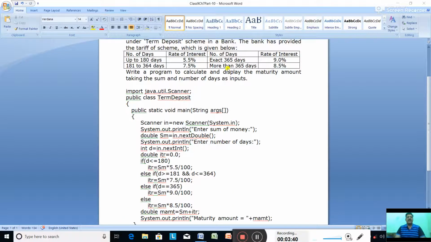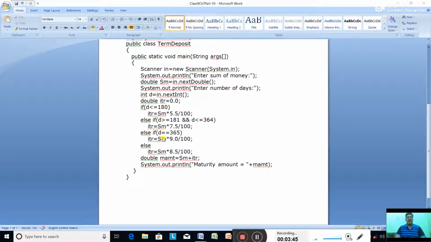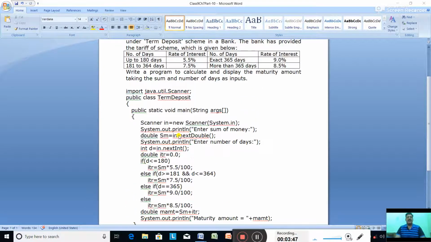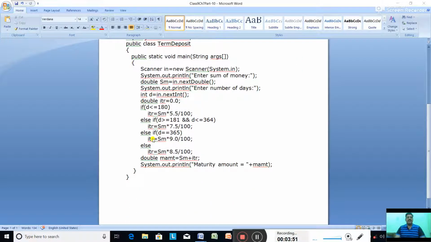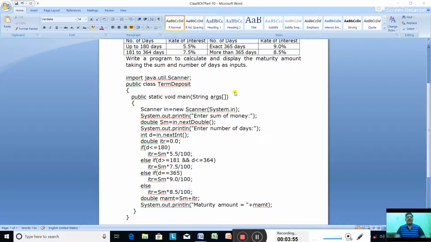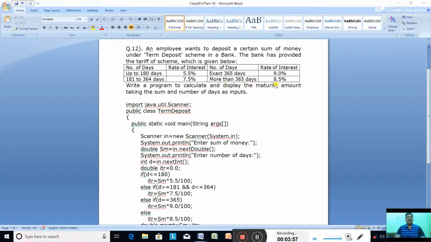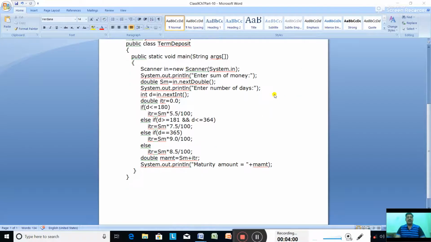Third case, if the number of days is exactly 365 days, so else if d equal to 365, then what is the rate of interest? 9%. Then itr equal to sm into 9.0 by 100. Else if it is more than 365 days, then the rate of interest is 8.5%.